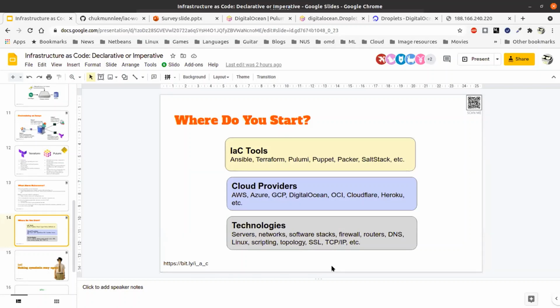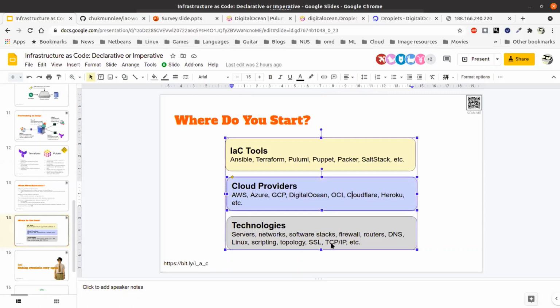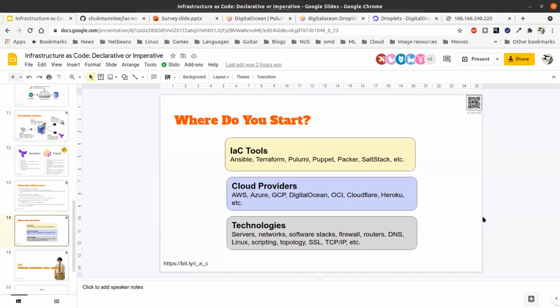And then on top of all this stuff, you have your cloud providers. You've got Azure, GCP, etc., and they virtualize all these technologies or resources underneath them. Your IAC tools sit on top of the cloud providers. If you do not know this layer or this layer, and you just learn this, you're not really doing yourself justice, because this is just a tool to automate this. If you do not know this or this, you're not going to be able to automate.